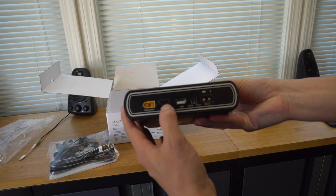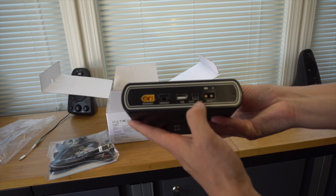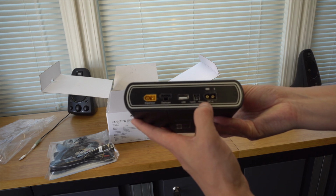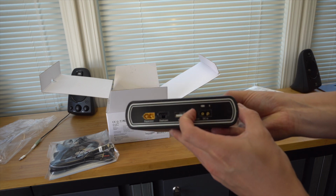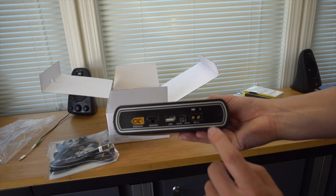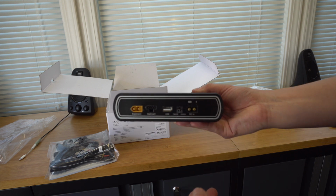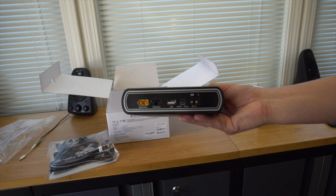This is for the actual dash cam to plug in. There's a USB here, and then there's also a little switch here that says cigarette off or hardwire. So we're gonna go ahead and move this to the hardwire just to get it going, and then there's also a DC in for power. And this is Bluetooth enabled as well. So we're actually gonna be able to download an app on our mobile device and actually monitor what's going on